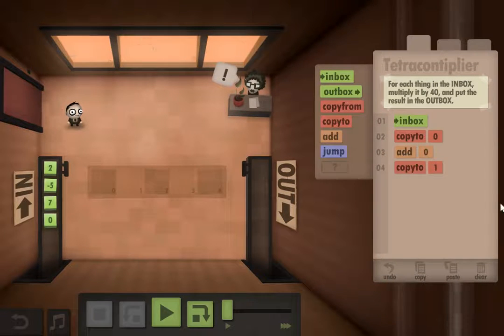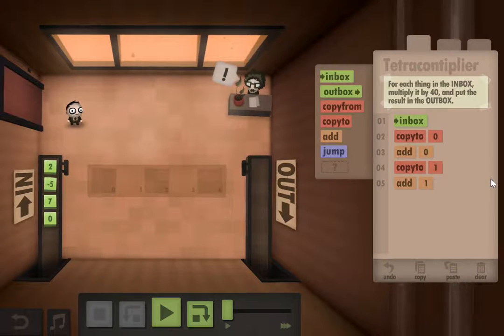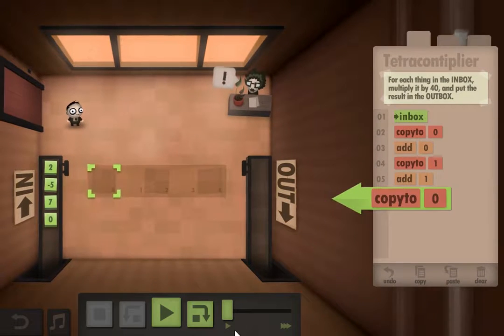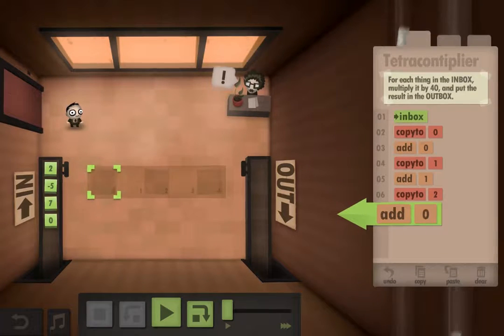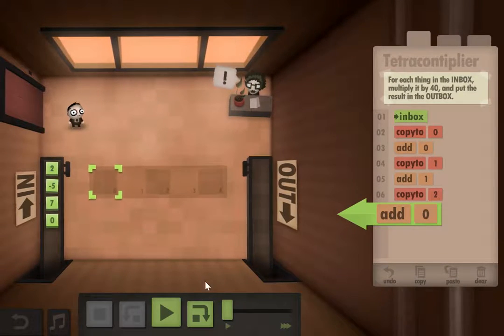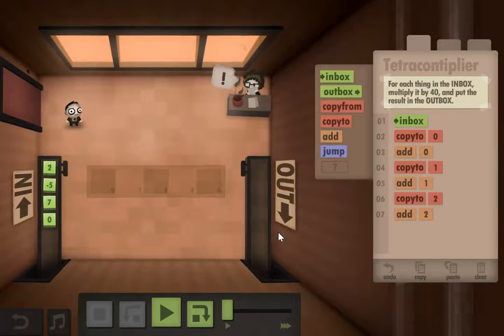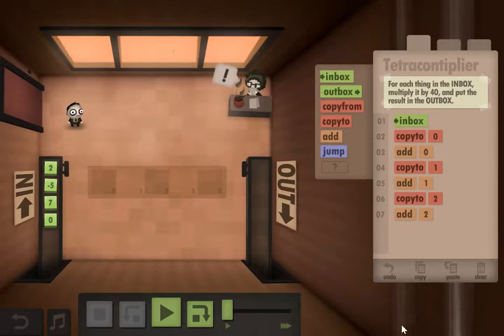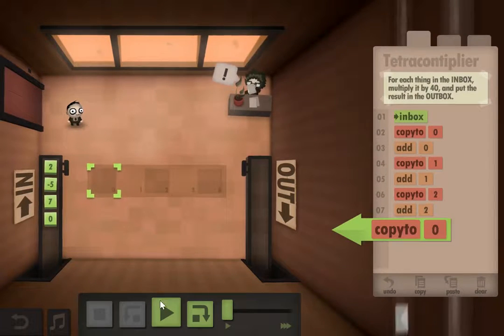I'm not entirely certain what I'm doing here, honestly. I'm just sort of playing it by ear now. But my line of thinking is 40 is divisible by 5, and there's 5 registers, so if we make use of all the registers,